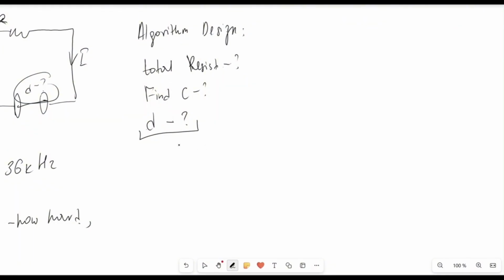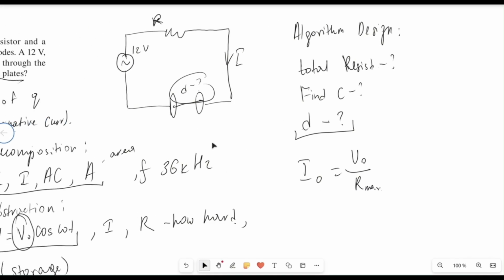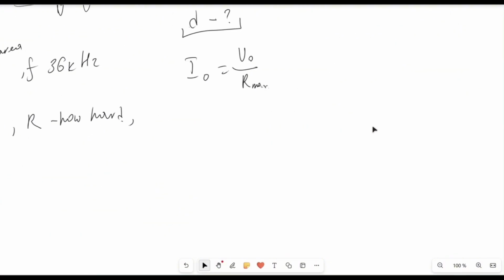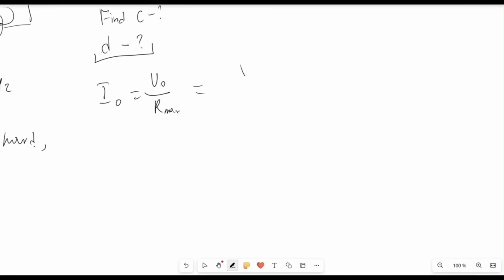First of all, we have this kind of formula. I0, voltage 0, it's the maximum, and the R maximum, yes? Maximum resistance. But we have not only the resistance, we also have this XC. That stands for capacitor resistance, yes? So our R max will be the root of R squared plus XC squared